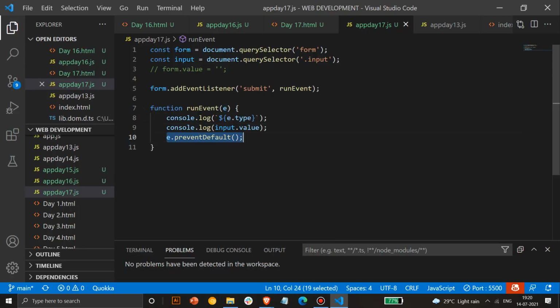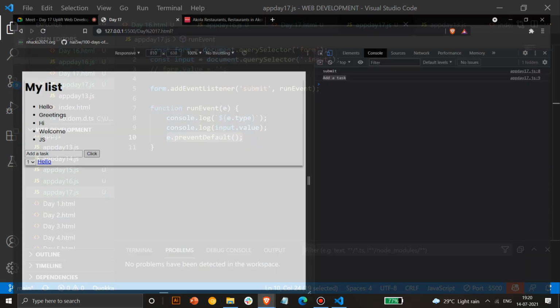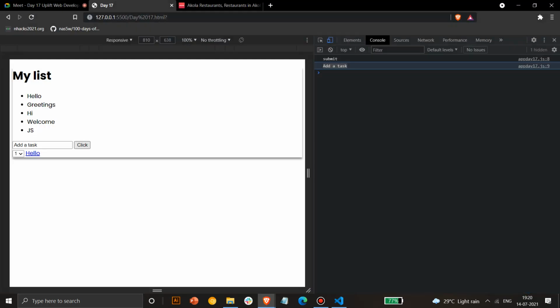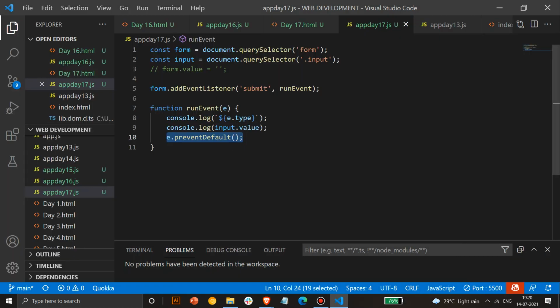So it will avoid such kind of functions which are there by default. Okay, so if you have some default function happening on submit, if you have some function happening on clicking a button or something like that, it will prevent such kind of behavior by using e.prevent default. Okay, so now you can understand the concept of e.prevent default. Any doubts with this, or any doubts with input.value? How did we get it, or how did we display it?